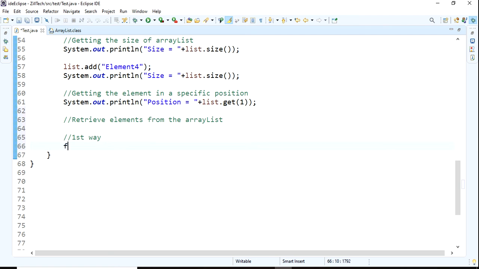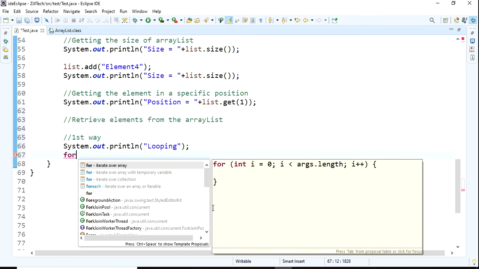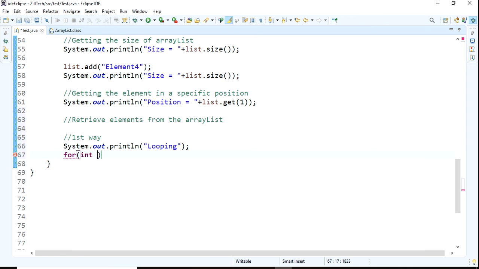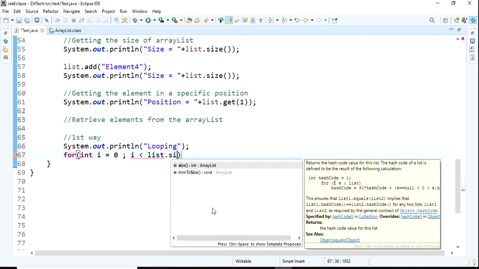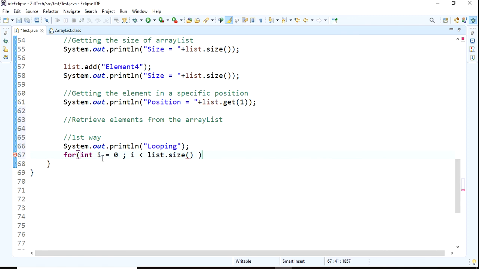Before that I want to write, by using looping. Like for int i, the index we know already. Array index starts with 0 and we already know the size. To specify the size we know list dot size. It starts with 0 and goes to size minus 1, so I am not giving equals.